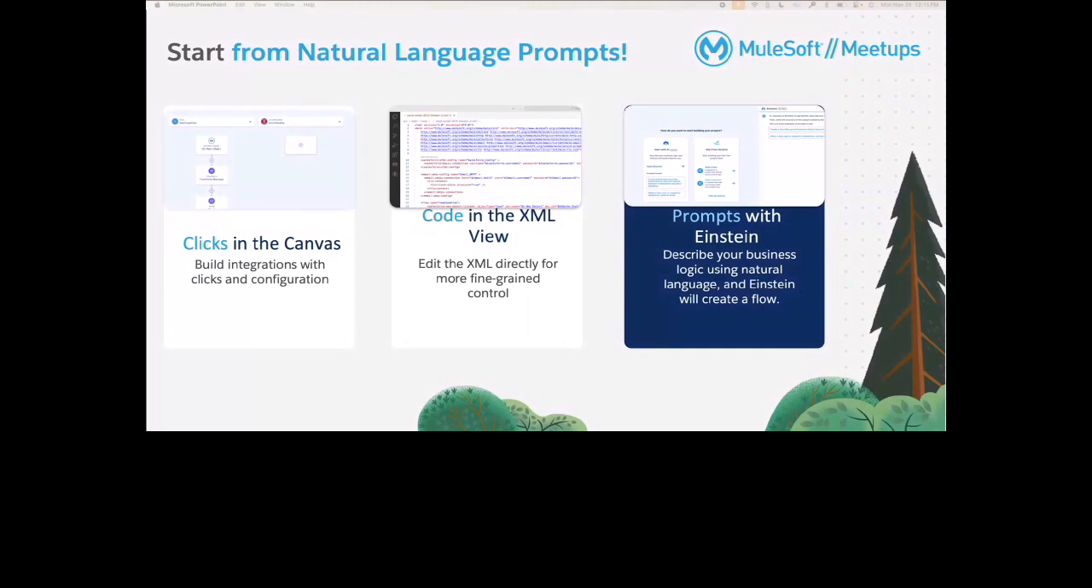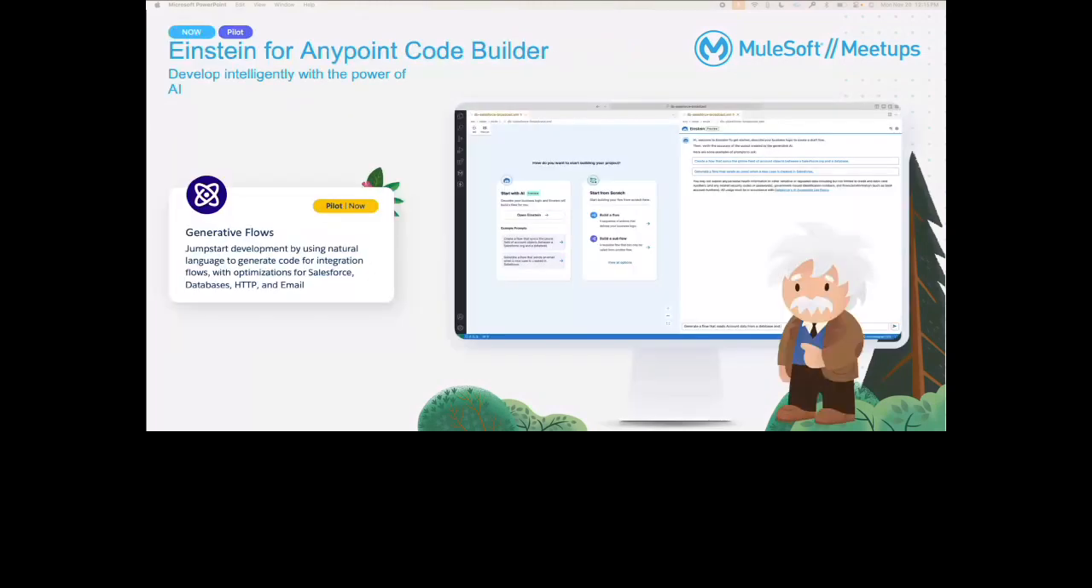And the most exciting addition, we are bringing the power of AI to MuleSoft, with Einstein for Anypoint Code Builder. Einstein will be available natively in Anypoint Code Builder and will help developers jumpstart projects by using natural language prompts to generate integration flows. After inputting a prompt, Einstein will jump into action, creating the code that matches your use case. Einstein will incorporate business logic, core components, and pre-built connectors,